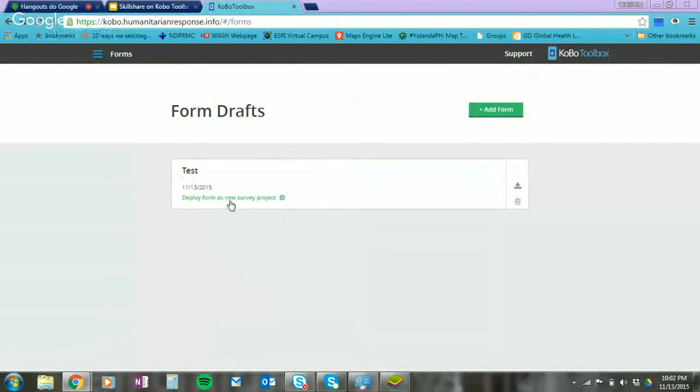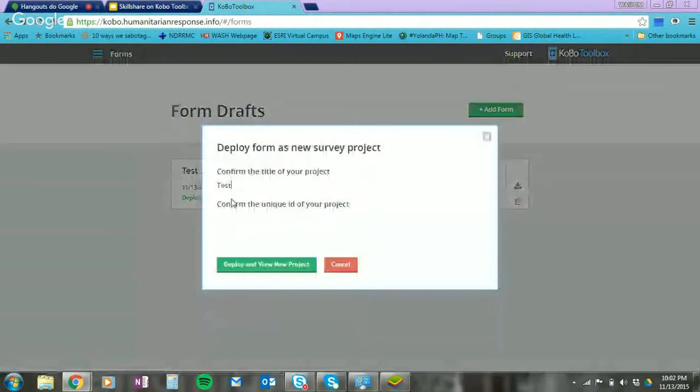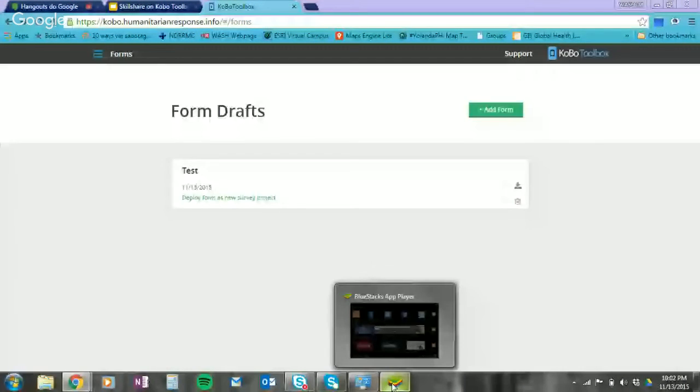And then you would need to click Deploy Form as a new survey project, and then you would need to select based on the new project. Okay, so since I've already deployed it, you can already move on to how you're going to use your forms on your mobile